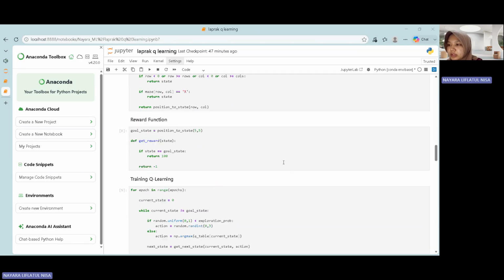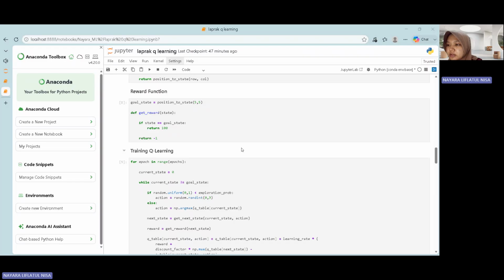Next is the reward function. It gives positive feedback when the agent reaches the goal. The goal state receives a positive reward, while every other step receives a penalty. This encourages the agent to reach the destination as quickly as possible.